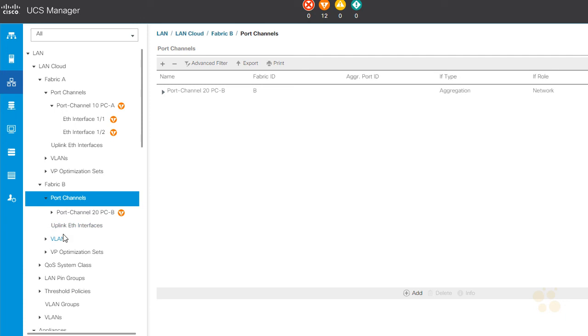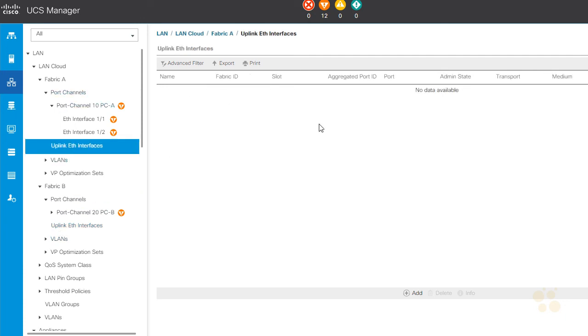No problem. But one thing we can notice here is that the uplink Ethernet interfaces, we've lost these. There are no longer individual uplink Ethernet interfaces configured in this environment. They've all been moved into the port channels. So something to keep in mind that when we look at configurations, we'll see this with VLANs and VLAN groups as we move forward here, that if we have port channels, all we're going to see is the port channel. We don't see the port channel and its individual member interfaces because those have been removed from the uplink Ethernet